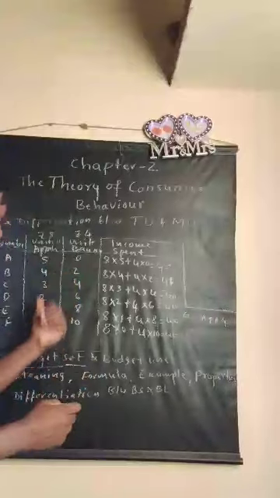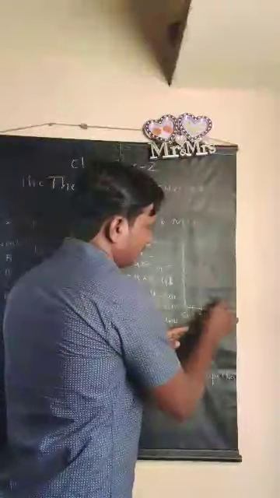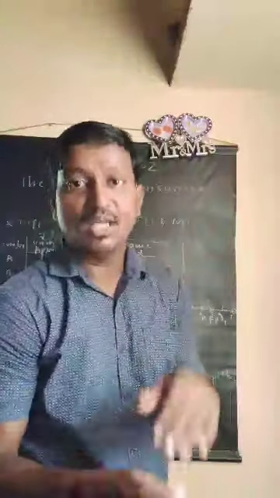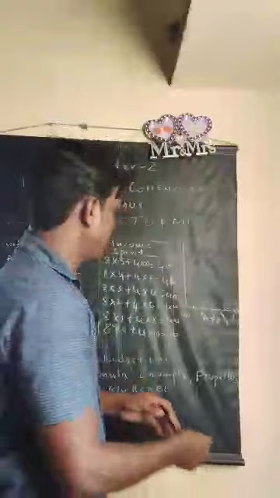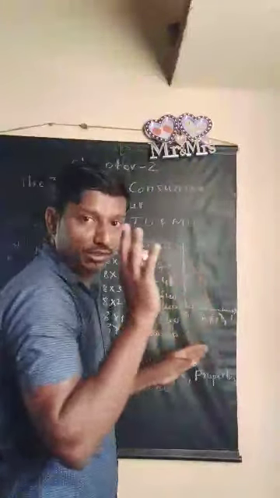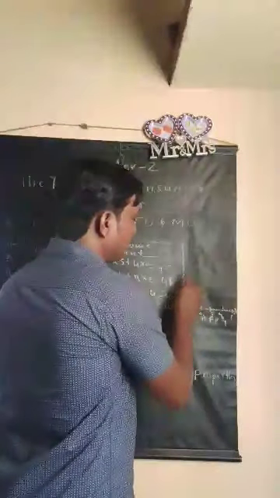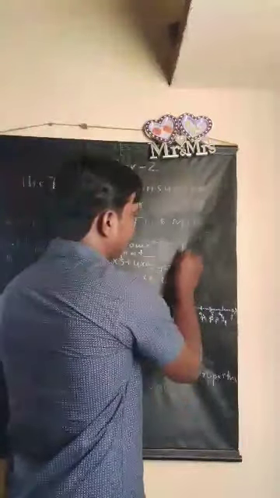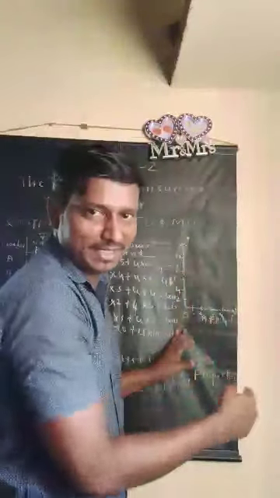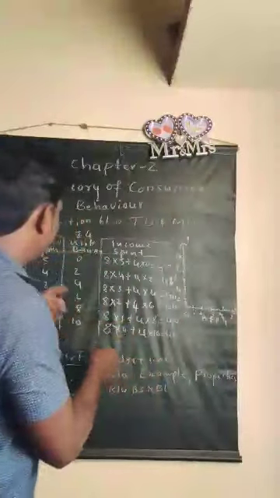Apple ranges from 0 to 5, so I will take 1, 2, 3, 4 and 5. On the OX axis I have taken apple, and on the OY axis I am going to take banana. The banana starts from 0 to 10, so again I make each unit with the same width. So here I take 2, 4, 6, 8, 10, and this is Y. On the Y axis I have taken banana, and on the OX axis I have taken apple. Now let us see the combinations.